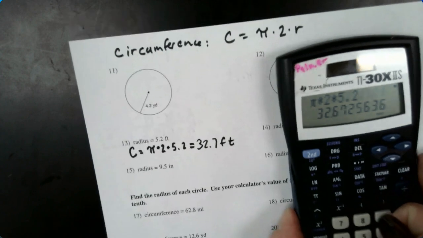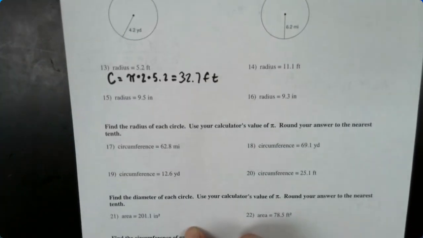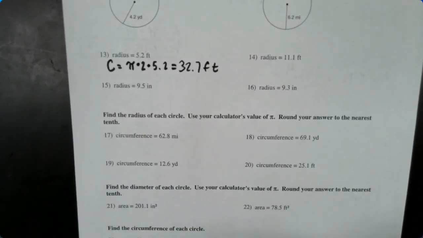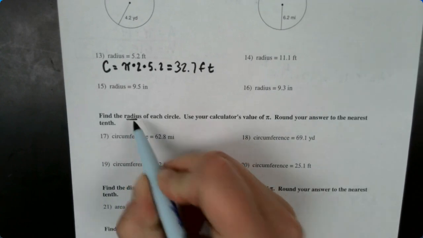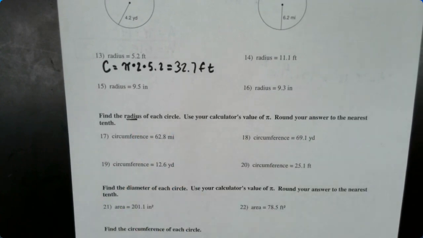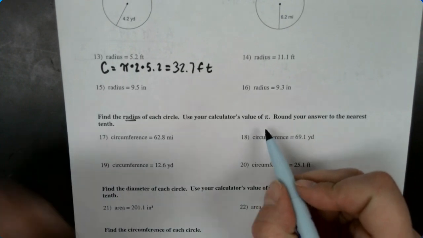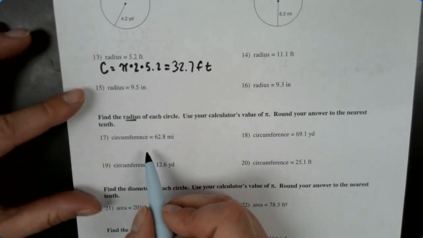Okay, let's go down to number 17. This is a little bit different. This one says find the radius of each circle. And we're going to use pi. So if we have the circumference,